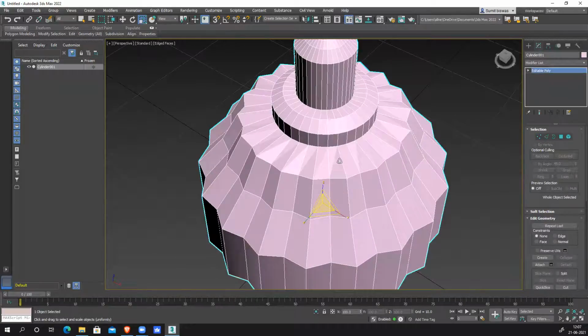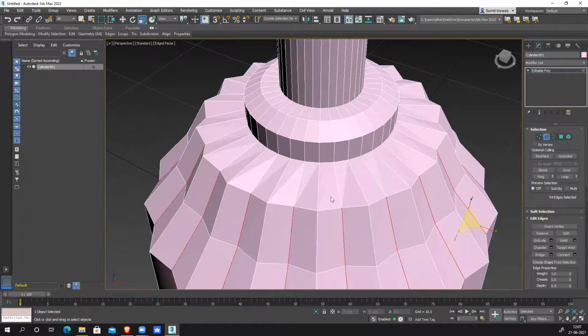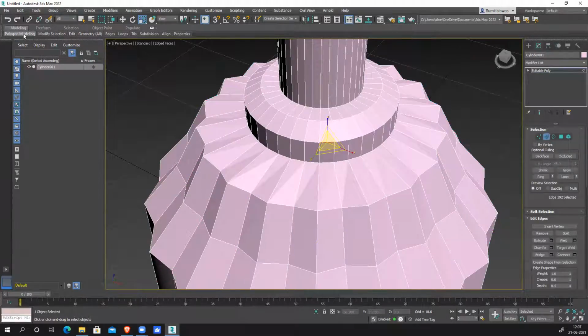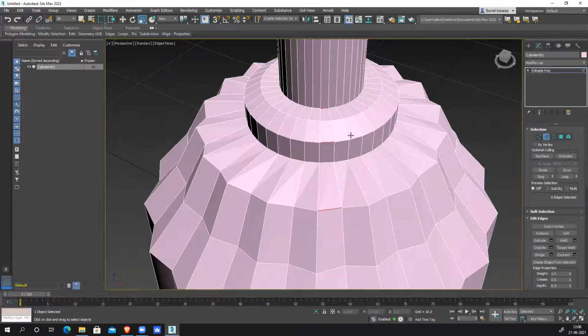Yes, a lot of optimization is required. Once you've done this, select one ring. Sorry, my bad. Select the ring.